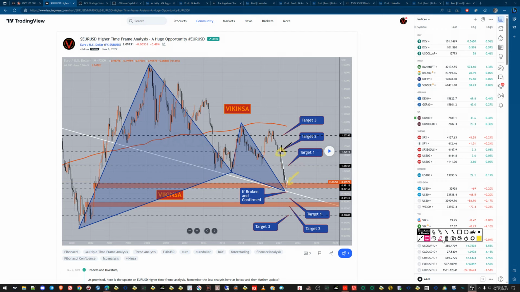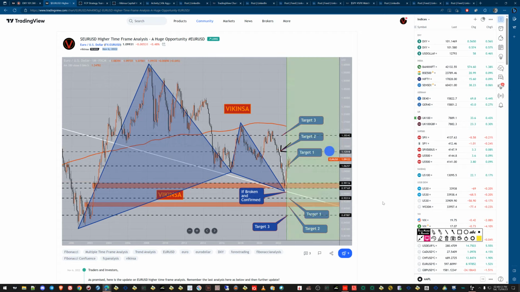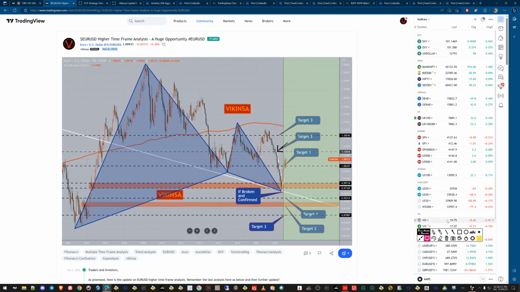Now, what has happened since then, right? This was posted on November 6th, 2012. Since then, there have been several news items and this and that. But if you replay this, the first target has already been achieved, and it is moving towards the second target. Now this is because I posted this on monthly time frame, so it may take a few months. It has taken a few months, but you see, higher time frame patterns actually work, instead of looking at just one particular news. So this is what we have on